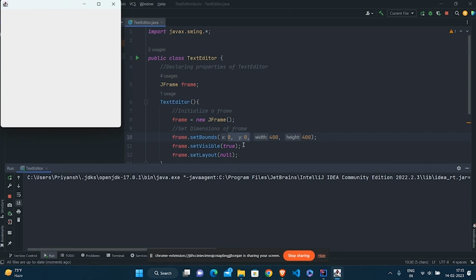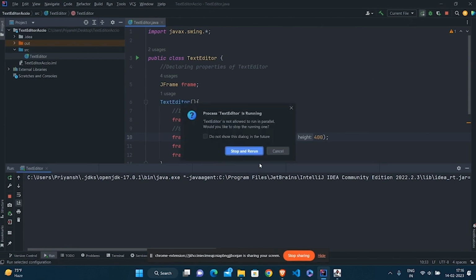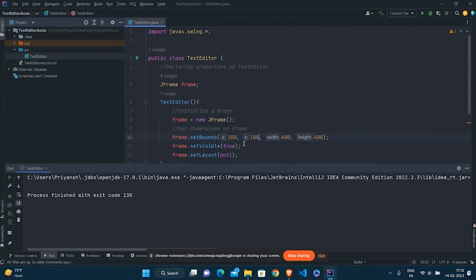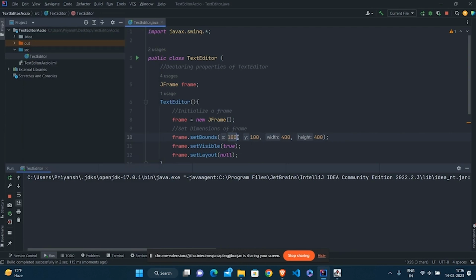It is just telling me the location or position from where the frame has to appear. So if I select it to be 100, 100, it is just going to appear 100 pixels down and 100 pixels to the right. So x means 100 pixels to the right, y means 100 pixels down.